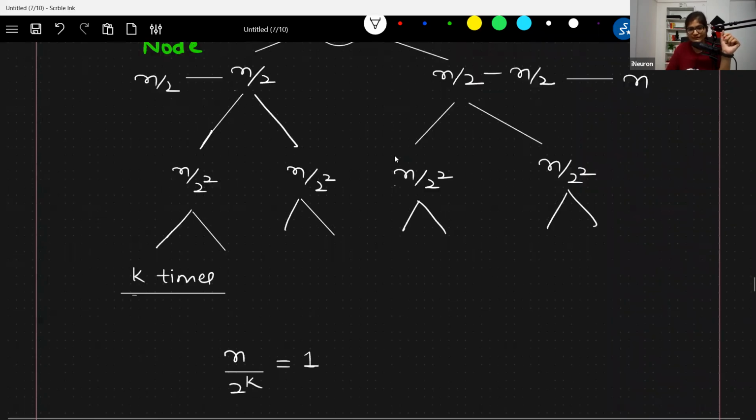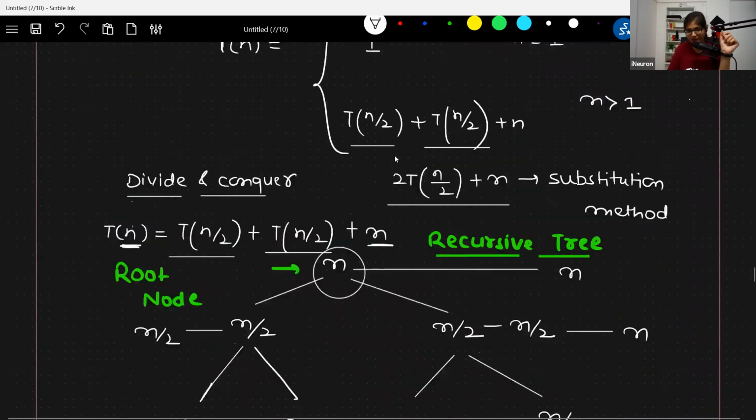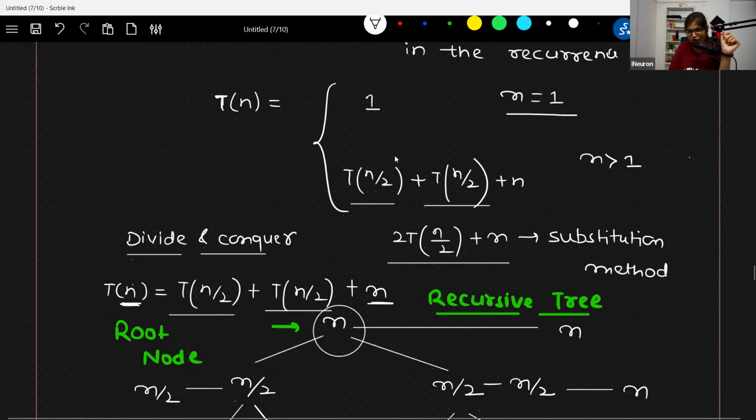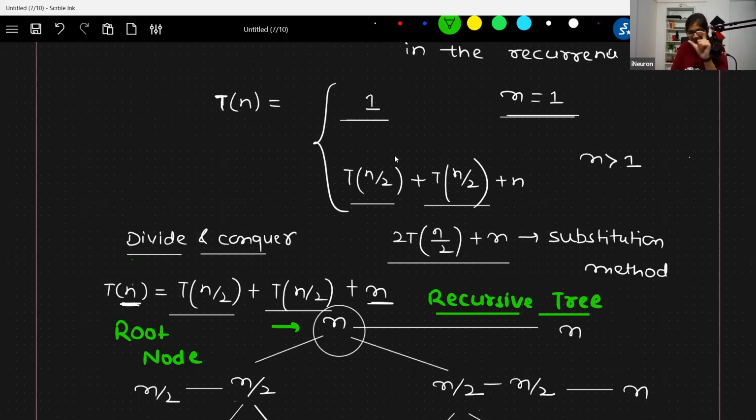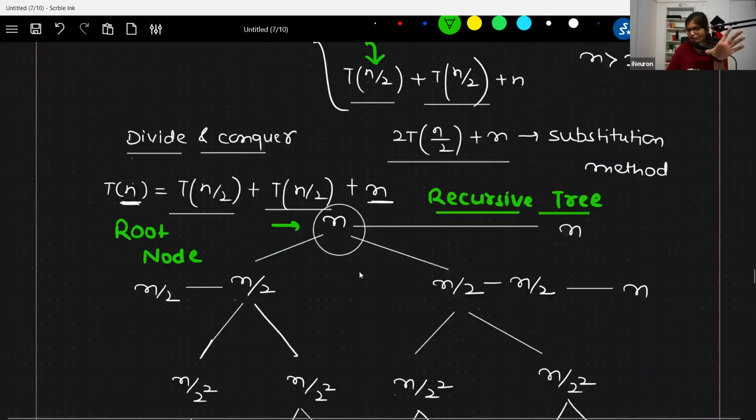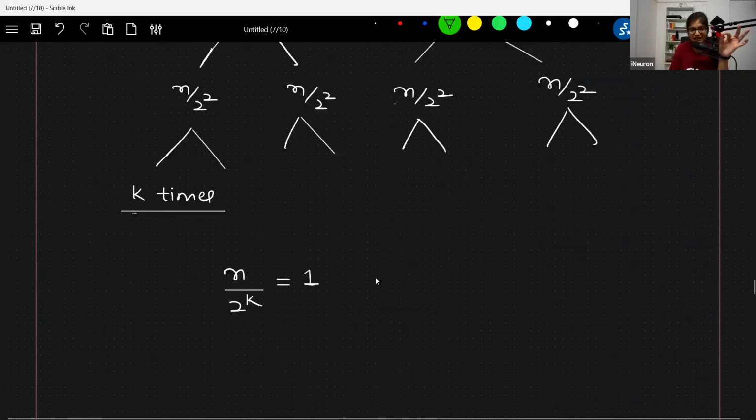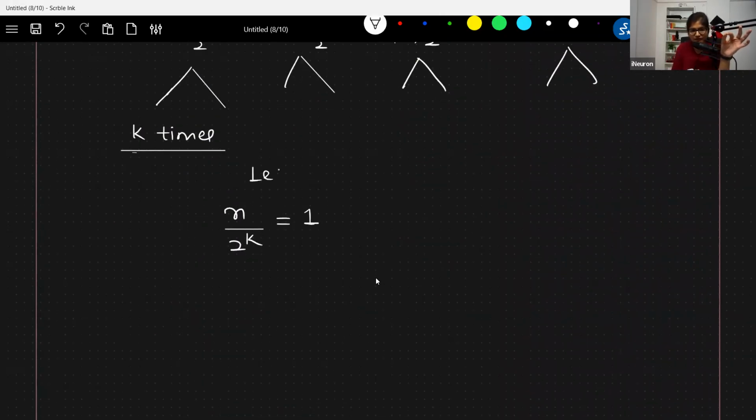Because we know that when the value of n is equal to 1, the solution is 1. So it becomes 1 when the value of n by 2 to the power k is equal to 1, for the left side node. Similarly, for the right side node also,